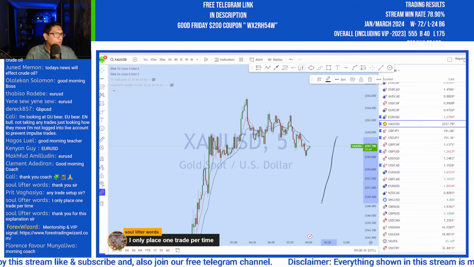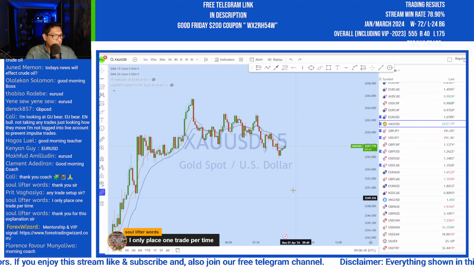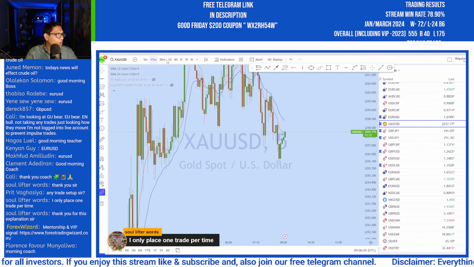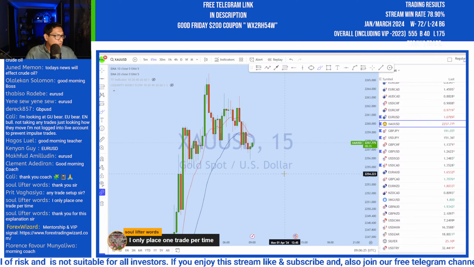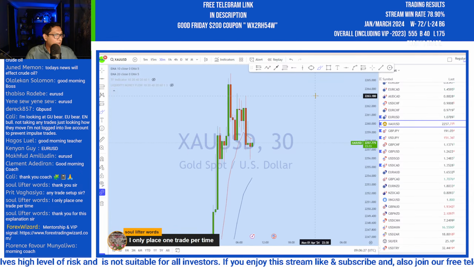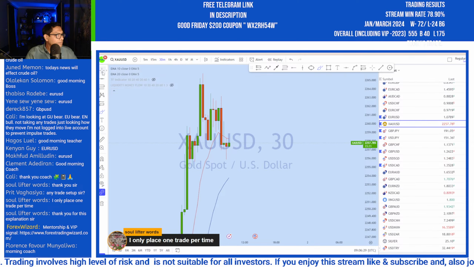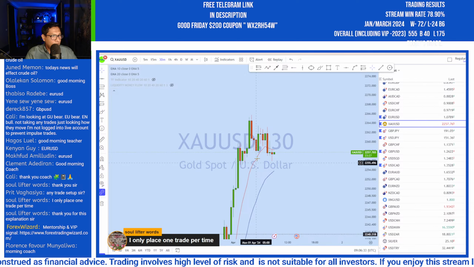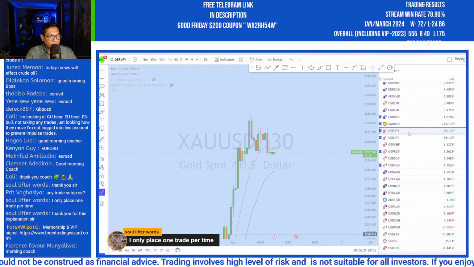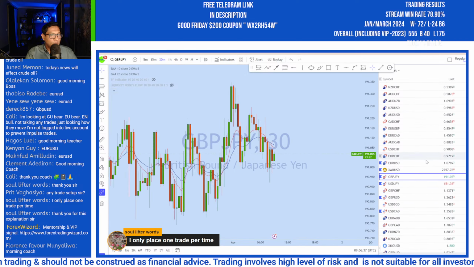Here it's locally in a downtrend, waiting for the price to grab that liquidity and then revert back to the upside. So here we have to wait for that entry. Let me look at